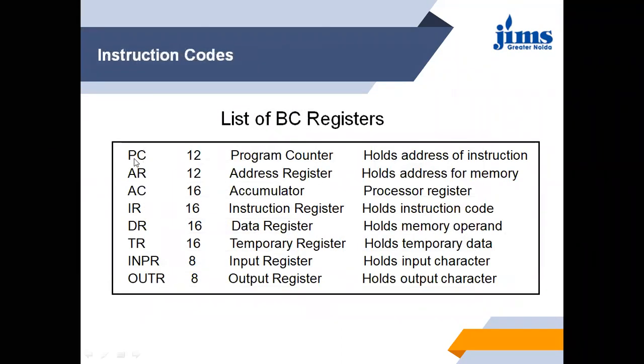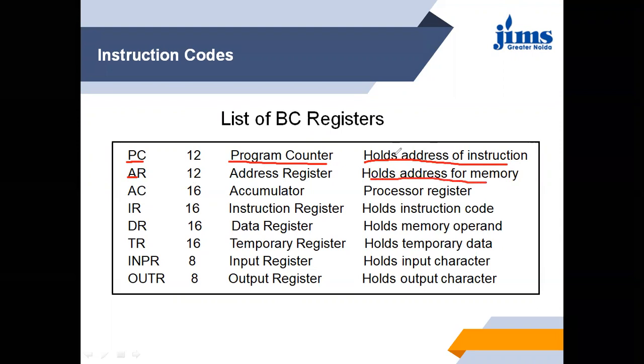First one is PC, the program counter. It holds the address of instructions. The address register holds the address of memory.